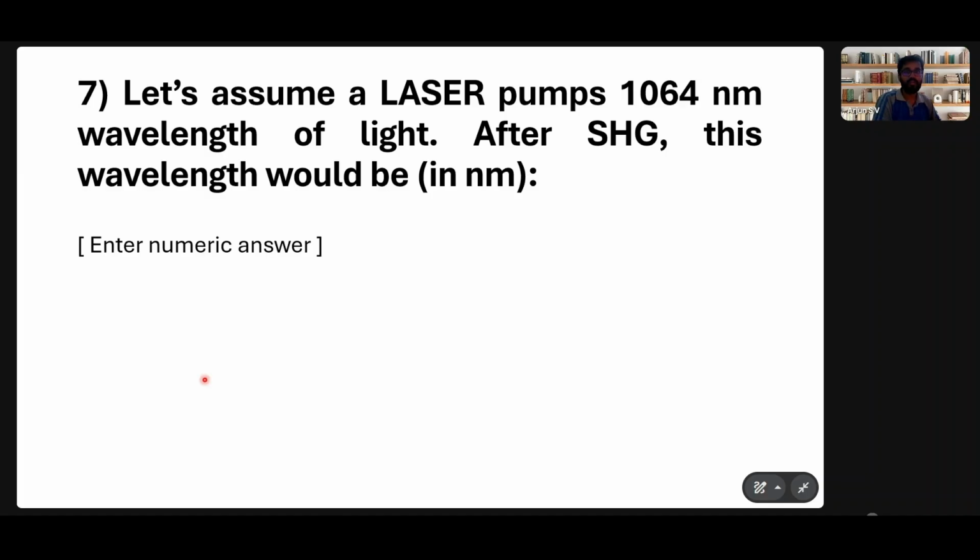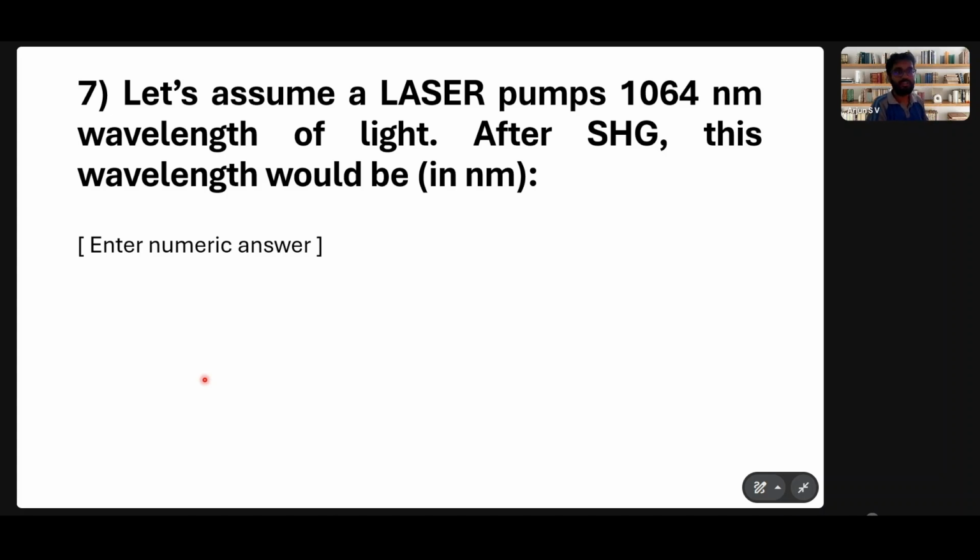Okay. Let's assume a laser pumps 1064 nanometer wavelength of light after SHG. SHG just means second harmonic generation. What would this wavelength be in nanometers? So after second harmonic generation, if you have to find the wavelength, you just have to divide the